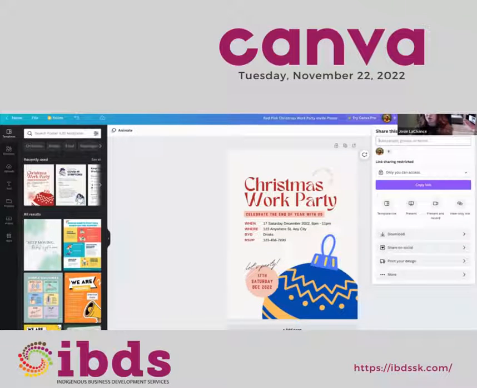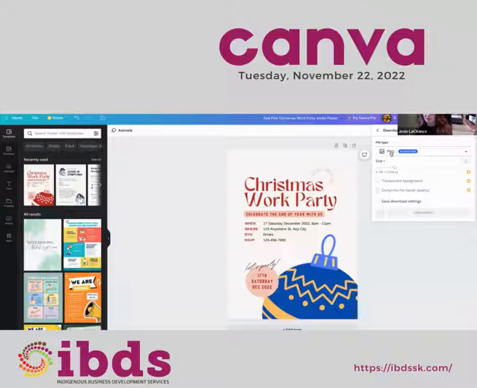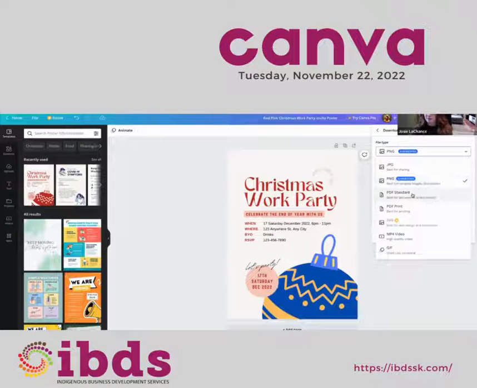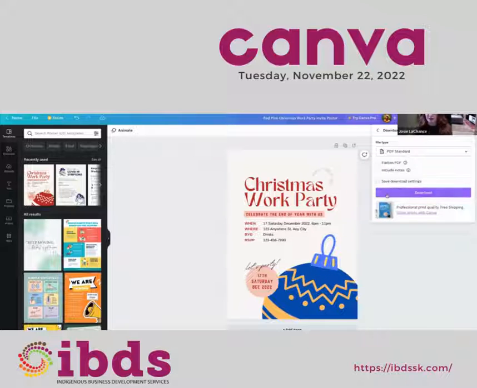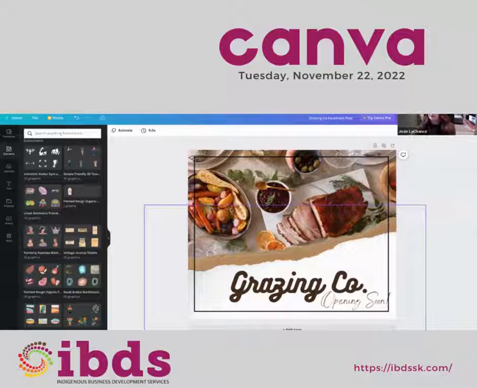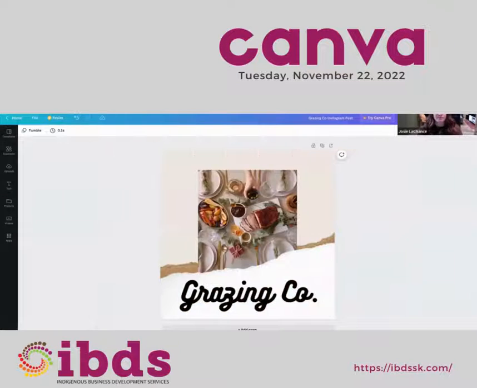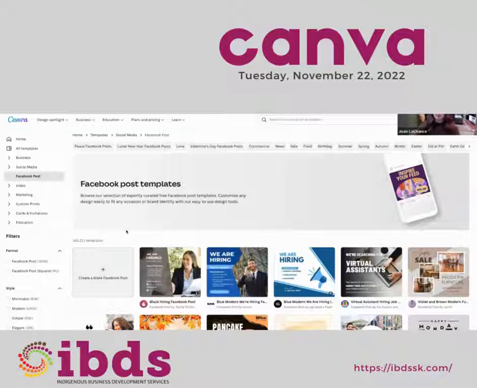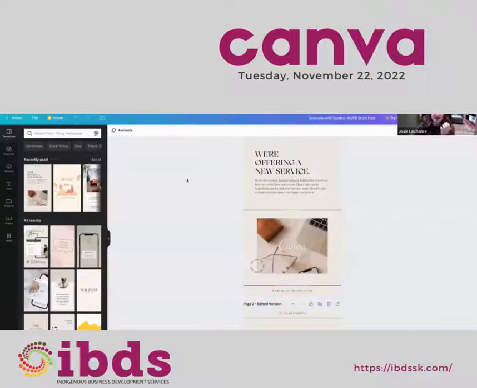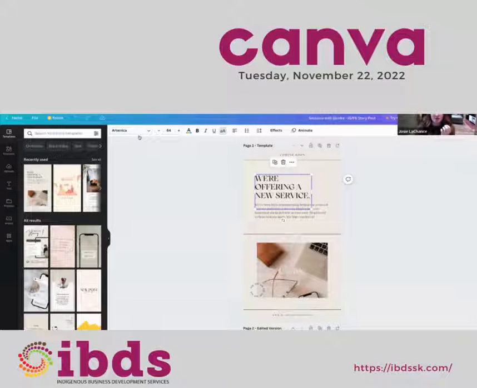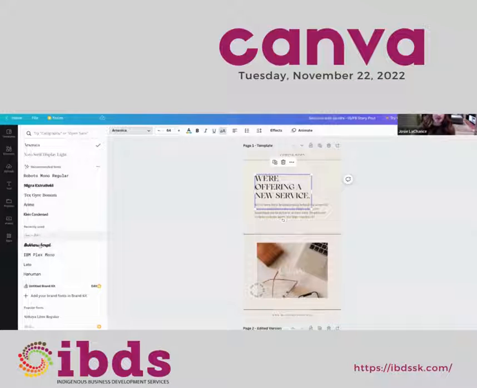And then, like I said here, you can just download this. Say this is a poster. I'm going to download it as a PDF, and then I'm just going to print it, and it's done. And I don't have to worry about formatting it, as long as everything else is right, like your paper size and stuff. But it's very, very easy to use. It just takes a little bit of time to get to know what your priorities are using the program. And you'll notice back here, if I click on the font, it actually saves my recently used fonts.